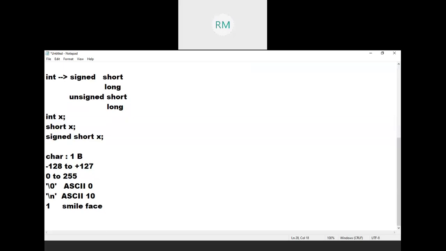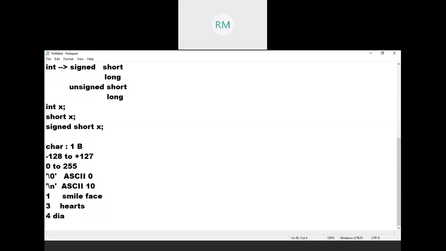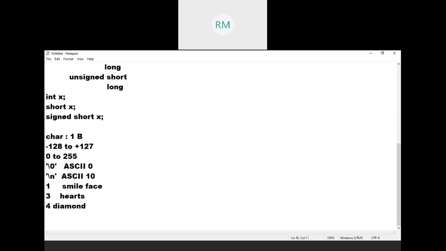So 3 is hearts, 4 is diamond, and 32 is the space bar. So these are some important ASCII values: 1 smile face, 3 hearts, 4 diamond, 32 space, new line \n its ASCII value is 10, and \0, the null character and string termination character, its ASCII value is 0.